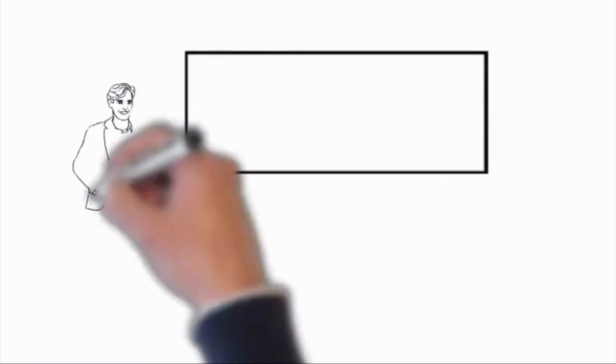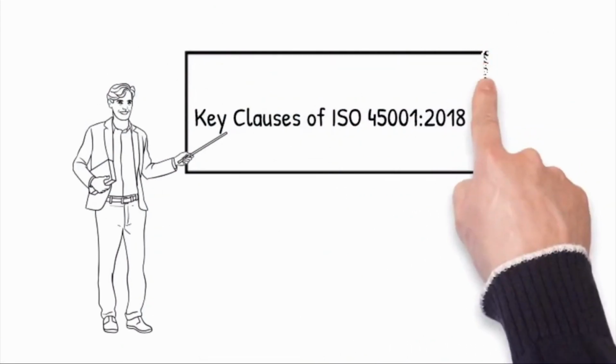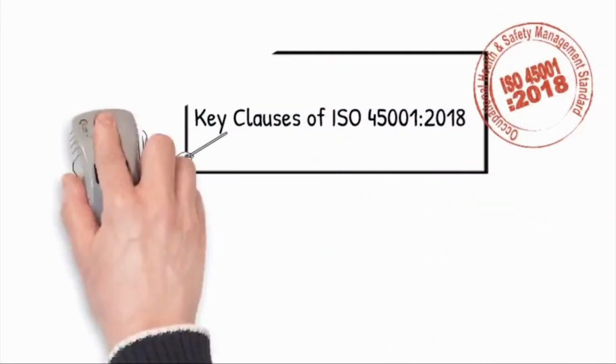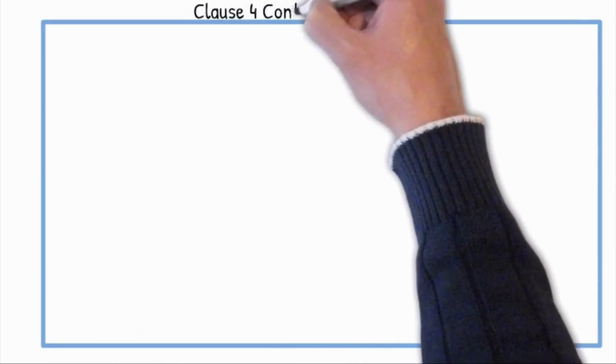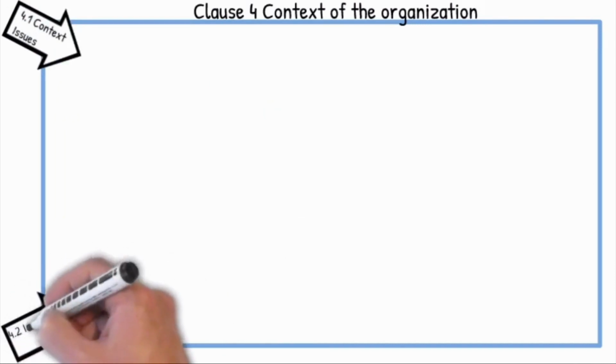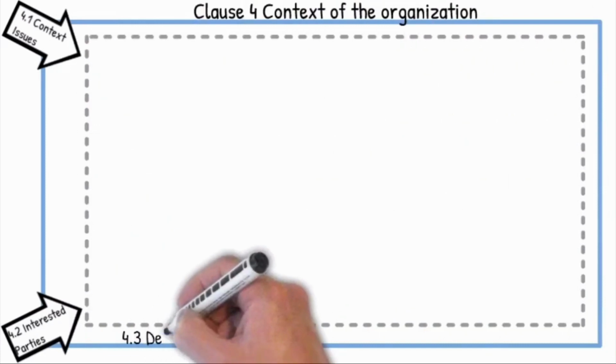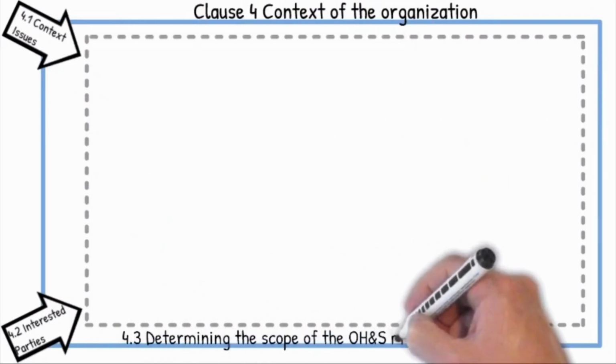Now let us look at the key clauses of ISO 45001. In Clause 4, we need to understand the context of the organization. In Clause 4.1, the organization shall determine the internal and external issues. In Clause 4.2, we need to understand the needs and expectations of interested parties. In Clause 4.3 and 4.4, we need to determine the scope of the occupational health and safety system within the